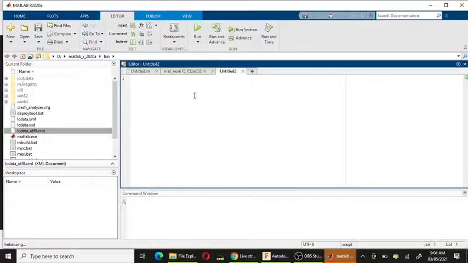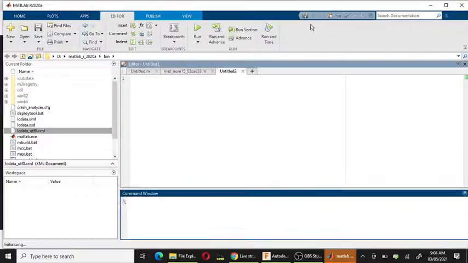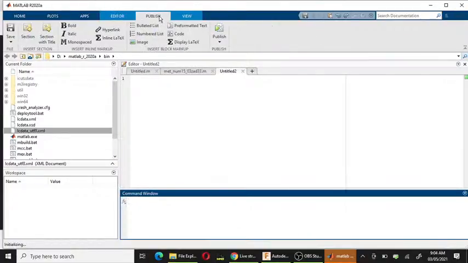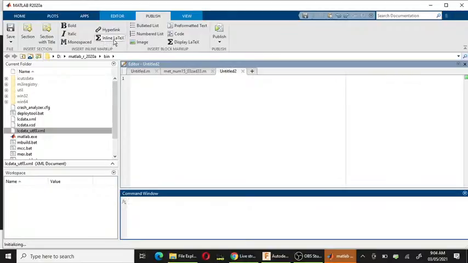If we have to write a lot of code, then we use this editor window to write our code. The third one is the home tab. Home tab has many things like line, LaTeX, hypertext, bold.